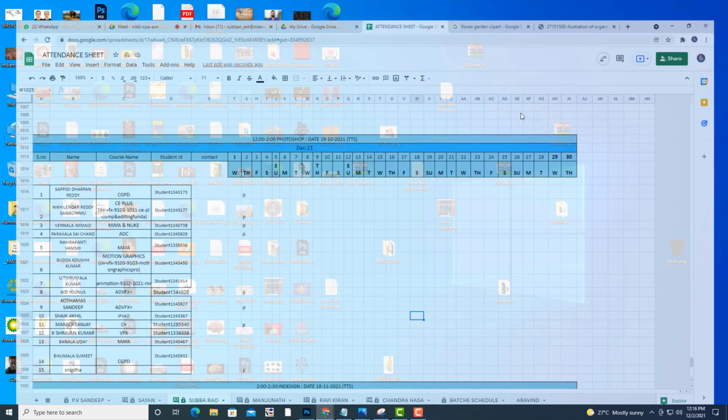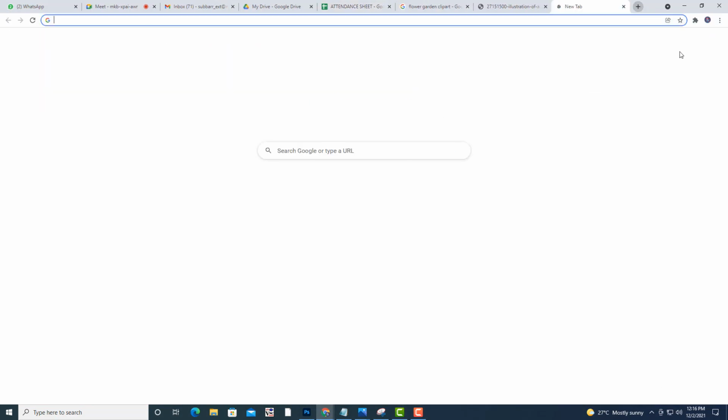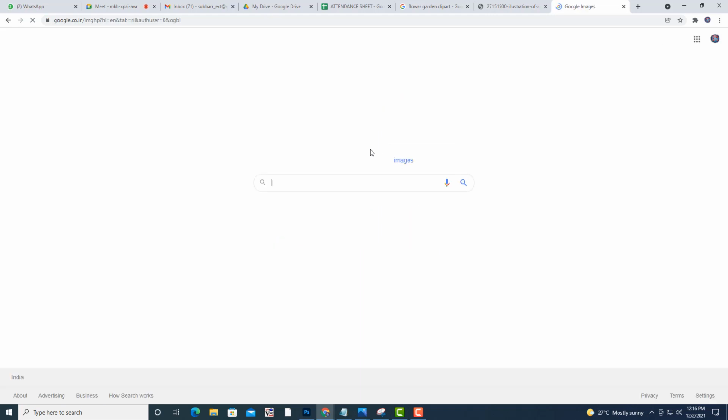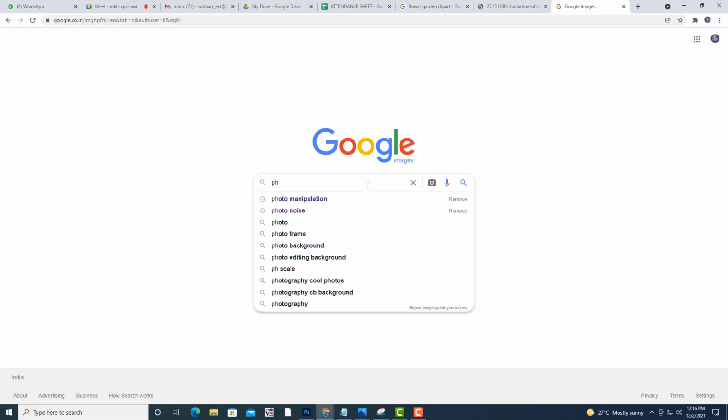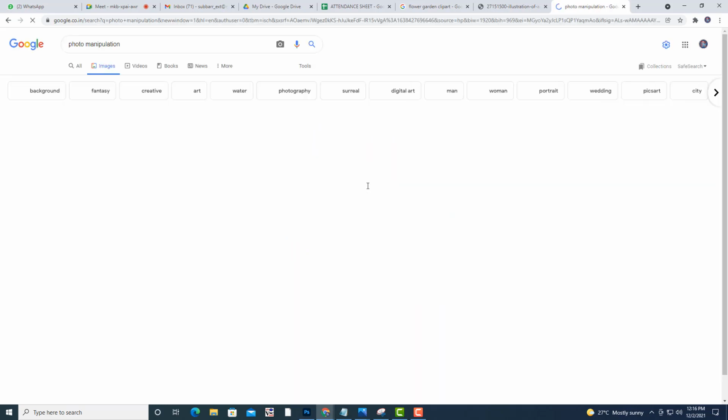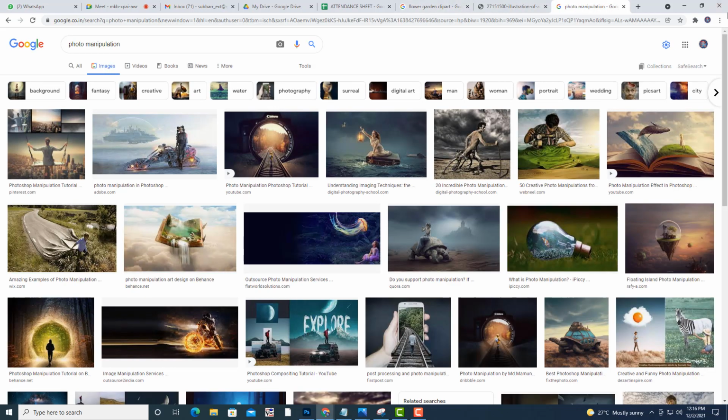Okay, so photo manipulation. What is photo manipulation? When you type photo manipulation, you can see so many interesting things here. All these are our imaginations.